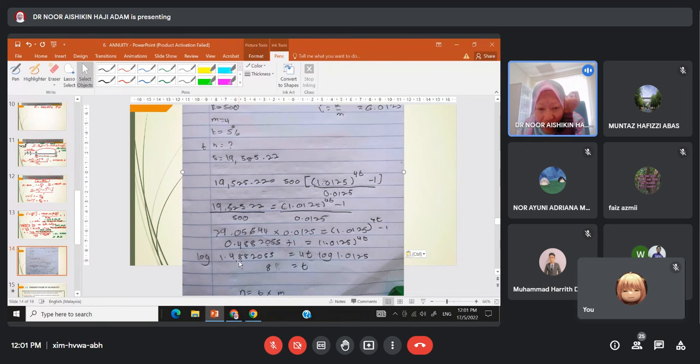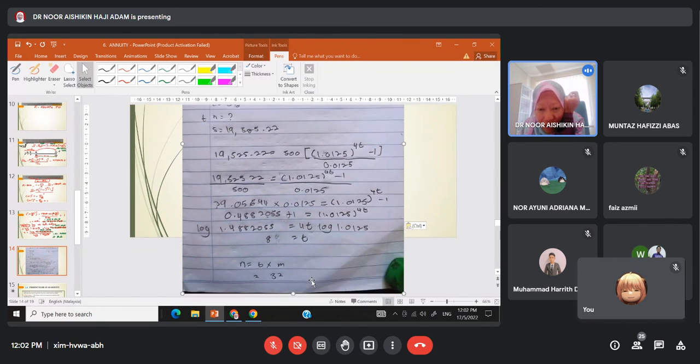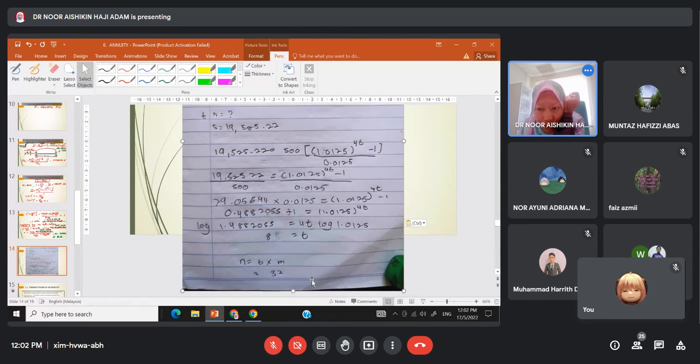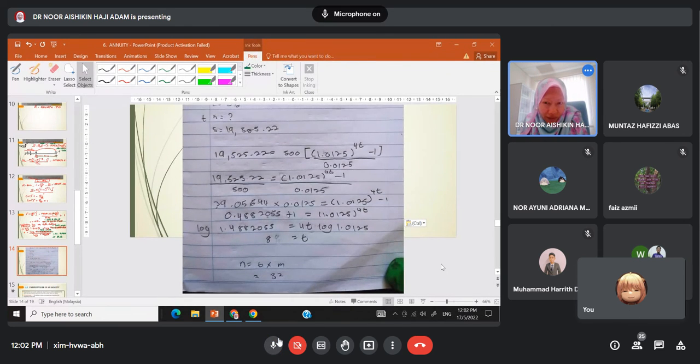Good. You still need to apply log on both sides. T equals 8, but remember that N equals to T times M. So N equals to 32. Good. Boleh? This is another way of doing it. Okay, class? Boleh? Okay. Boleh. Now, saya kena juga bagi